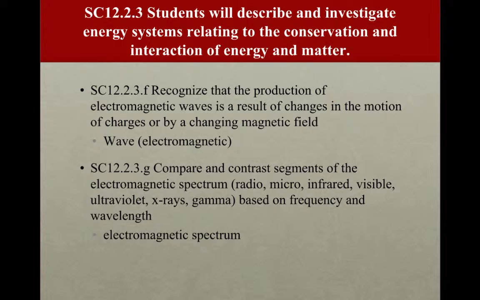Electricity and magnetism are very related to each other. So electricity forms a little bit of magnetism around a wire. If electricity is flowing through a wire, there's a small amount of magnetic energy, the magnetic field that's around that wire. Or magnets are able to create a little bit of electricity. So they are very much combined, very much related and connected to each other. It's called an electromagnetic wave because they are always together.